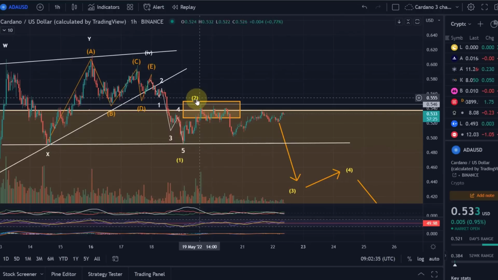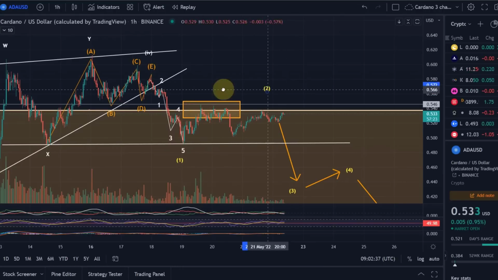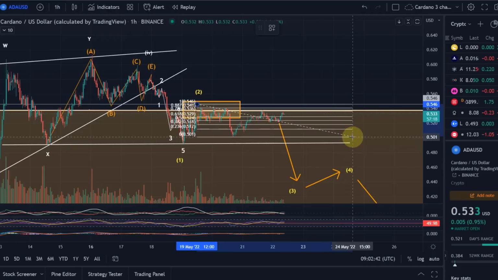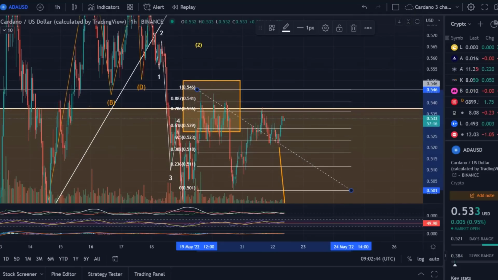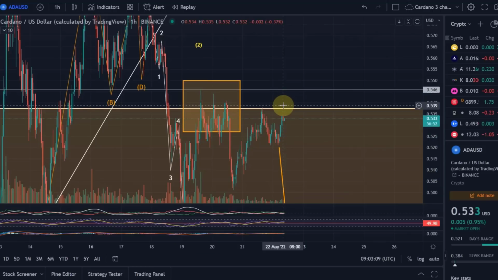Is it already likely that this is not going to be the wave 2 and it will be somewhere here? Let's take a look. We use the Fibonacci retracements for that, and we take a look how much that wave retraced. In this move up, in this wave 2, we can get to the 78.6% Fib level. I think I mentioned in the previous video that one resistance level will be 53.6 cents, and that we could even in this scenario get all the way up to 54.1, the 88.7% Fib level. If we get above 54.1, it is getting unlikely that the current wave count will persist.